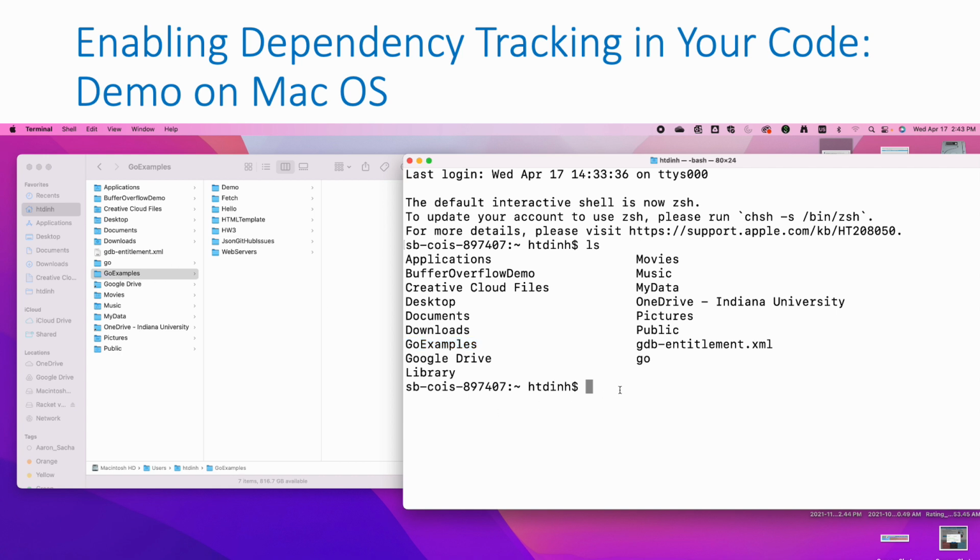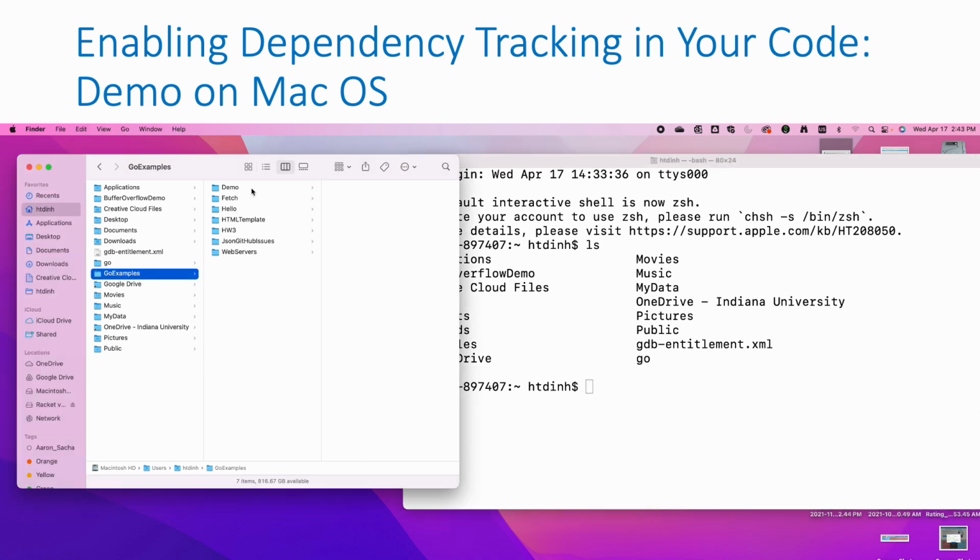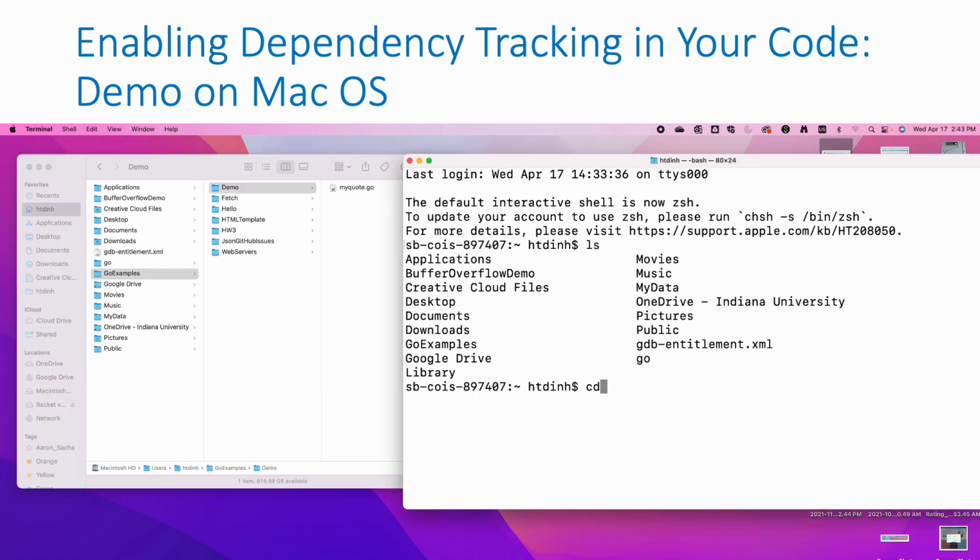Okay, so now we need to move to the demo folder that contains the mycode.go, and here we use the command cd go example/demo. Okay, so now we are in the demo folder, which contains a mycode.go program, and if we try to run